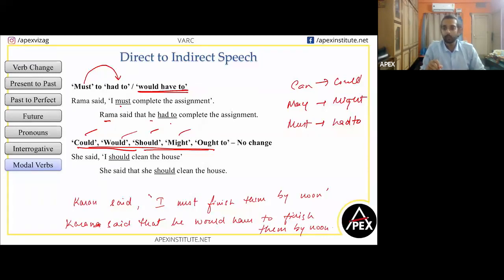Yeah, how do we identify them? So think of it this way, Nana. When the action is in the immediate future or the near future, wherein you have a specific time frame, then you can go with would have to. But if there's no specific time frame, it can happen anytime. It must happen, but it must happen anytime. Then you can go to had to. Usually that's how we distinguish, but it's up to you. Do you get what I'm saying?